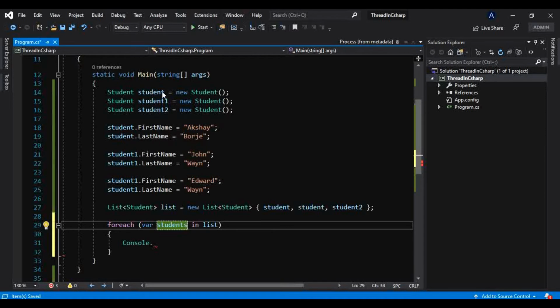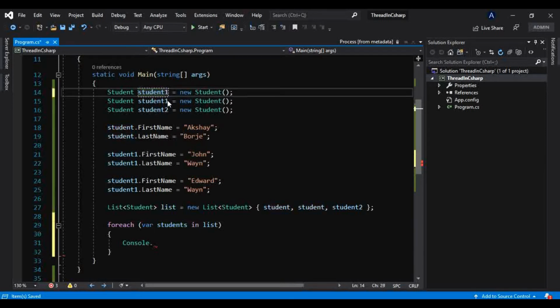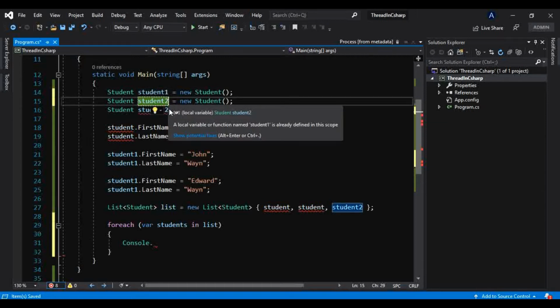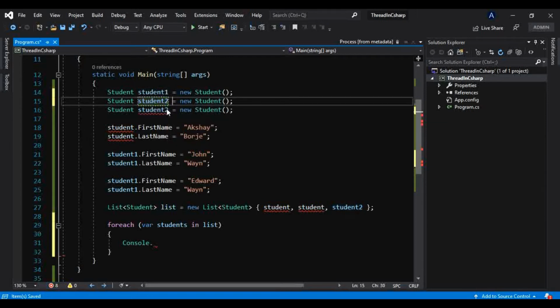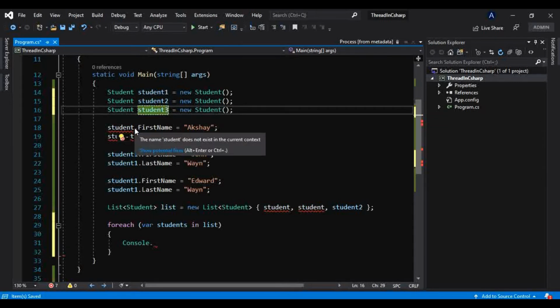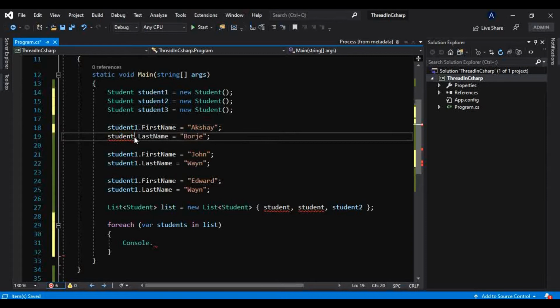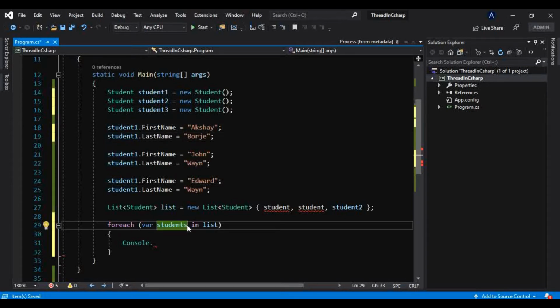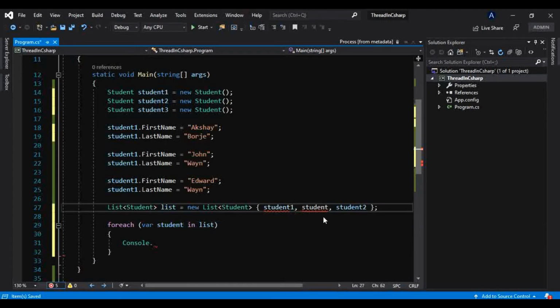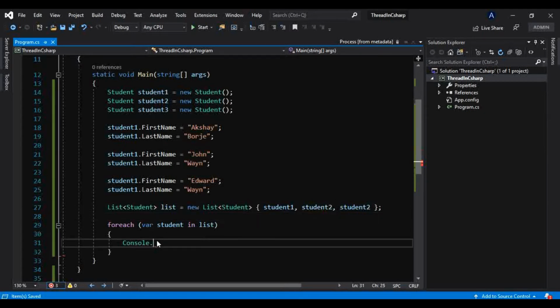And instead of this student I will make that 1 and here 2 and here it will be 3, so we will not be confused with the order. Now I can use that student here, student1, student2. Now Console.WriteLine